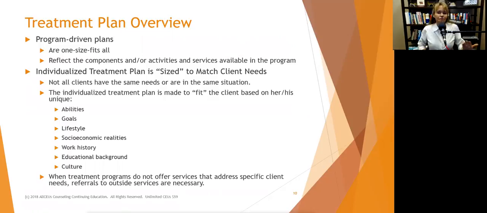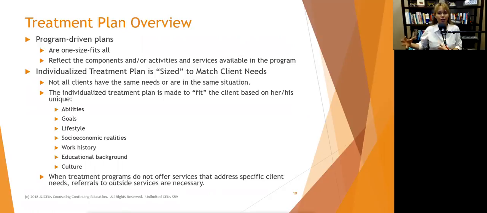And for example, in this treatment program, we did a lot of big book work, and we did a lot of worksheets, and we did a lot of reading intensive stuff. Well, you know what? 10% of our clients couldn't read. So that's a problem. And we had to figure out how to adjust to help them out. But we need to focus on that. We need to appreciate their cultural backgrounds and their lifestyles and fit their goals.